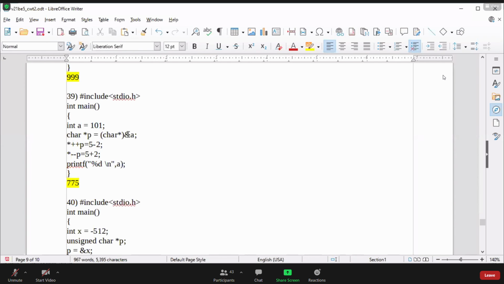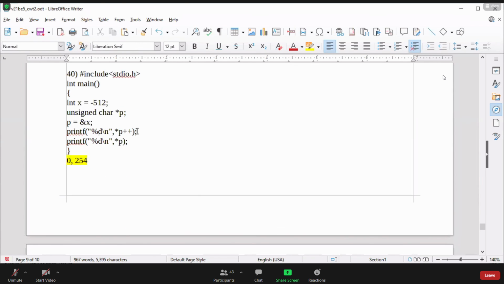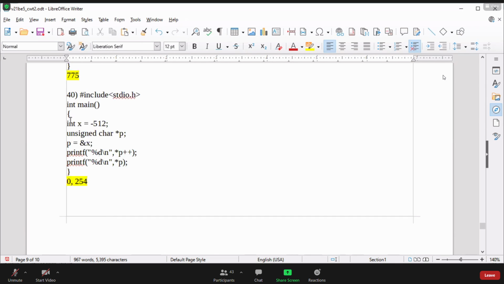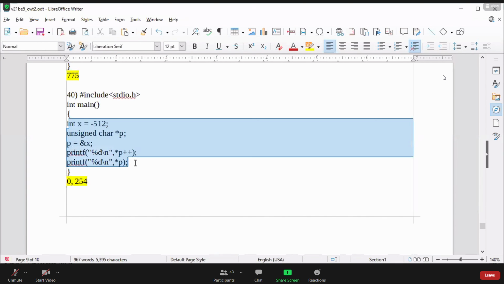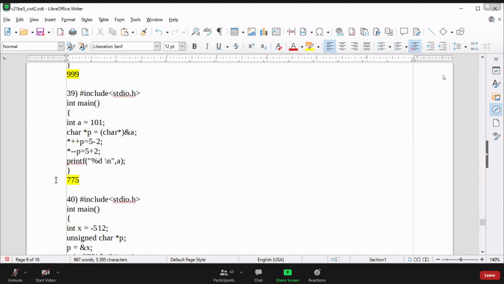Question number 39. Here, this question is almost a pointer assignment kind of question, and the representation is required. In question number 39, I will do the proper representation and explain it.